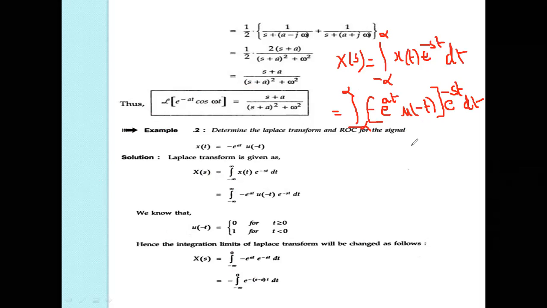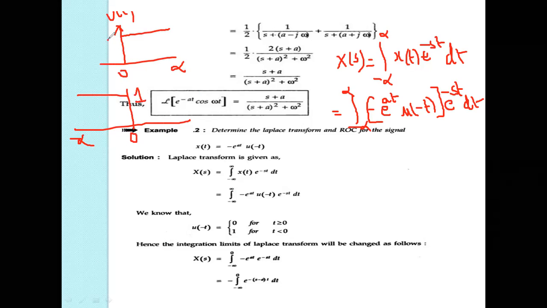So mu of minus t is a folded function of the step function. The step function mu of t varies from 0 to infinity, and mu of minus t is the folded function, so it varies from minus infinity to 0. The magnitude is the same for both mu of t and mu of minus t, but it is folded at 0. So now we can change the limits from minus infinity to 0 by replacing mu of minus t with 1. So the integral from minus infinity to 0